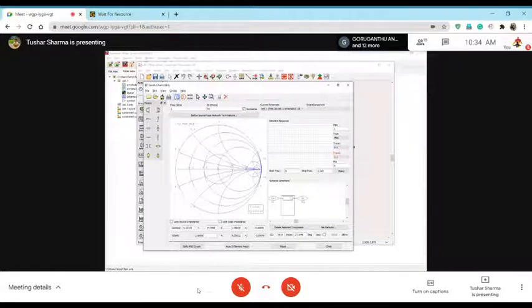I can change the Z0 of this, but if I change the Z0, the characteristic of the line will also change. So this is just a small example of how transmission lines are used and what the importance of a transformer is, how a transformer can convert, for example, 100 to 25 or whatever different impedances there are.